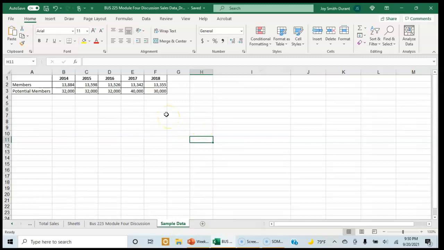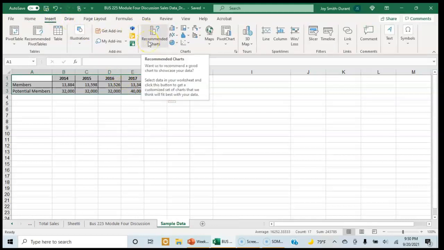So for this chart, we are comparing the current members to potential members according to our asset size, and this is just made up numbers from the credit union I work for. So remember, when we want to show a comparison, we can use a column chart, line graph, or bar chart to successfully compare the values to each other. So to do this, I am going to highlight the values we want to compare, and then I'm going to go to Insert,